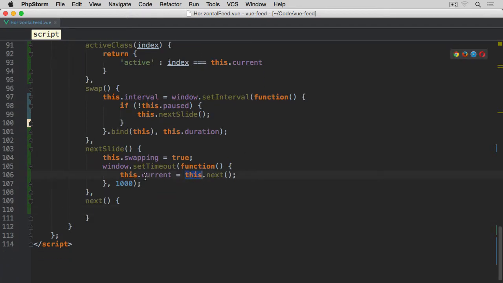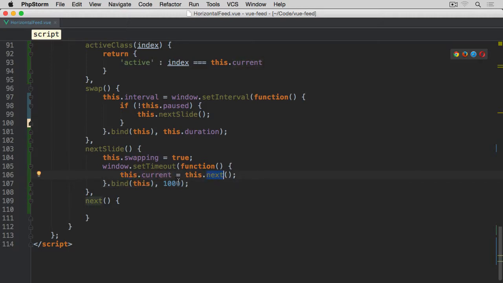Again, we are using this keyword here, referring to the internal properties and methods of our component, but we are within the closure, which is inside of this set timeout. So obviously we don't have access to this scope. Again, we need to use bind and pass instance of this component to this bind method, so we can actually refer to these properties and methods